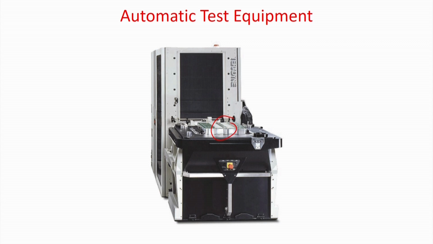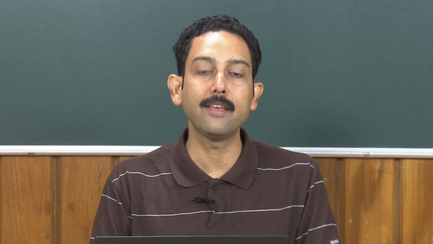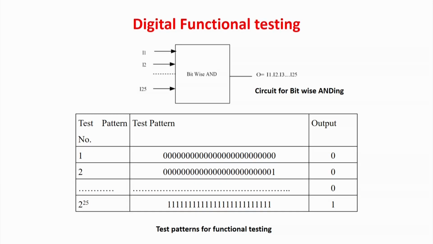So, you have to just program that these are the test patterns to be applied, this is the golden response expected. It will do the automatic testing for you and it will just give a beep or non-beep saying that the circuit is normal or the circuit is having a fault. So, after that you give the test plans to this automatic test equipment, everything is very much automated. So, now we come to the concept of testing.